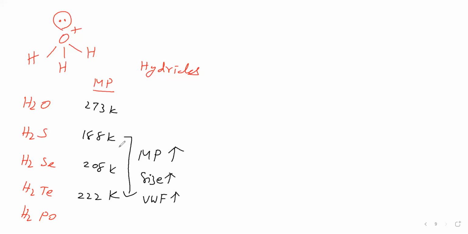So from hydrogen sulfide to hydrogen telluride, melting point increases because down the group the size of sulfur, selenium, tellurium increases. Therefore, van der Waals force increases. From water to hydrogen sulfide, melting point decreases. Why? Because in water, hydrogen bonding is the intermolecular force, whereas in H2S, van der Waals force is the intermolecular force. Hydrogen bond strength is more when compared to van der Waals force. Therefore, melting point is high. Like this we are explaining.